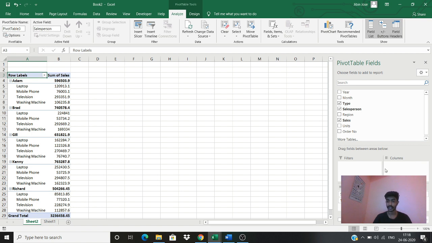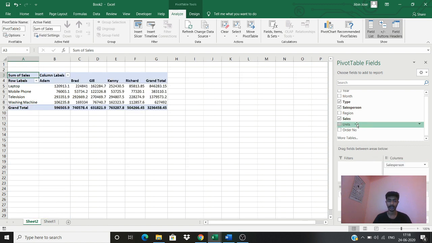You can see four options here. This is for filtration, and all the others depend on the aspect of measurable content as well as qualitative content. You can see the values option here. So sales is quantitative data. That is the reason it has redirected it to the values option, whereas salesperson, type, etc. is not quantitative. So that is the reason it has shifted itself into rows, or else we can also drag that into column option depending on what you actually want.